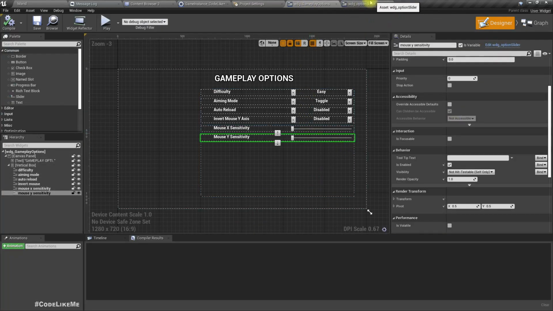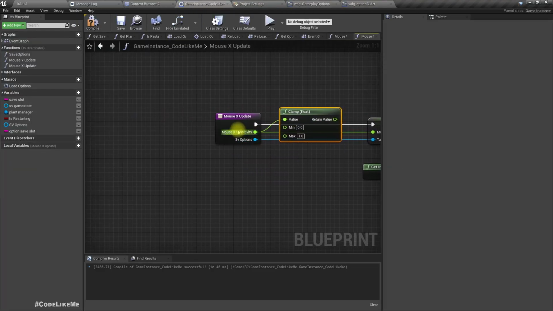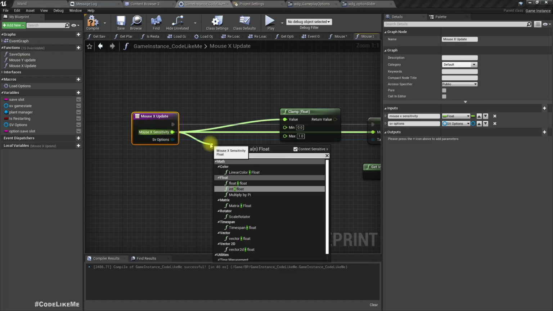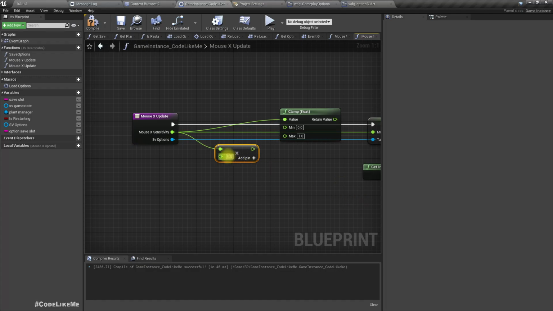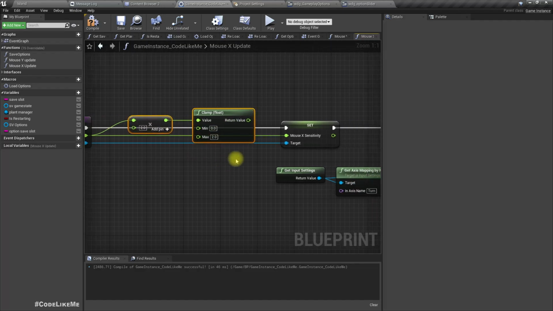We can do something like this. So in order to support higher values, we can multiply this by 2 and feed in here, and I'll set the max value as 2. I think we should do that for the